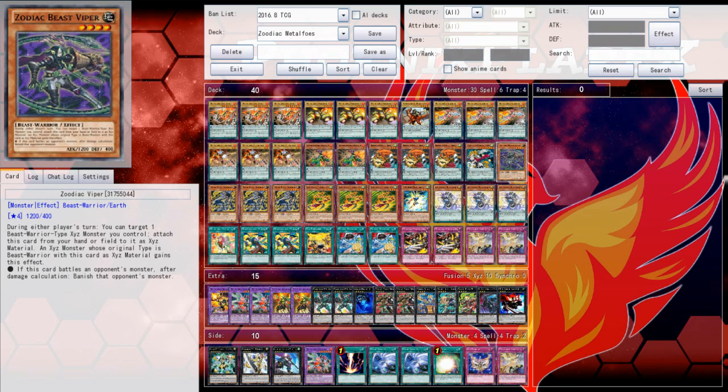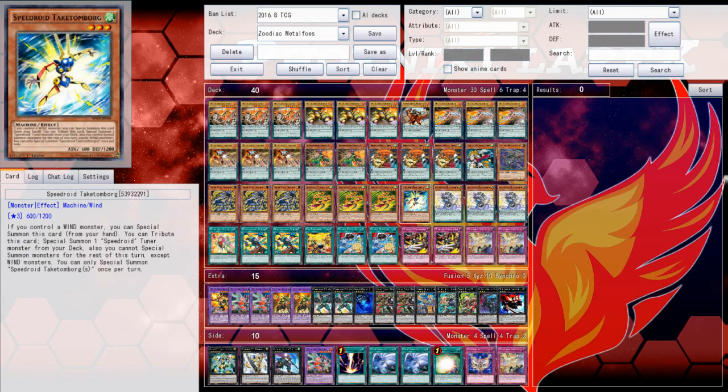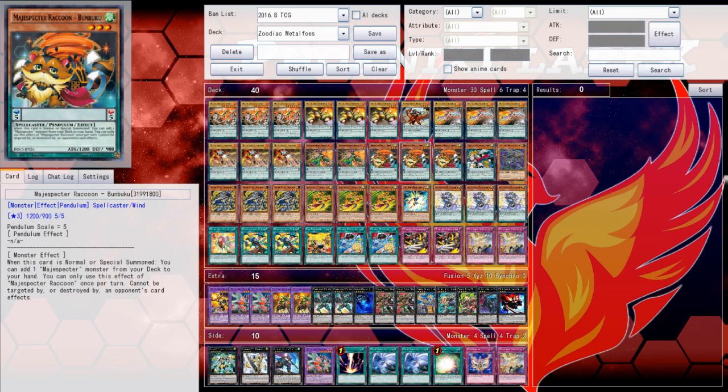But for the Zoodiac engine, 1 copy of Zoodiac Beast of Viper, 3 copies of Marmorat, and triple Terratop and 1 Takatomborg to essentially be part of that engine, although it is a good going second as well as going first card, because Terratop is inherently very powerful. Being able to use it to go into your Invoker before you Pendulum Summon or even normal summon is really strong, as well as Takatomborg being able to be summoned when you have both Bambuku and Terratop on